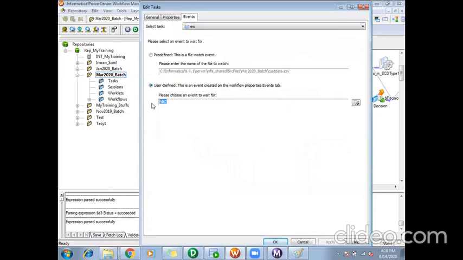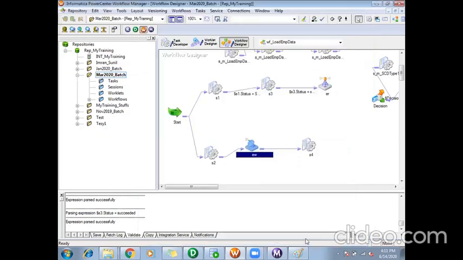Until this user defined event is raised, your event wait will keep on waiting. I'm raising that event only when S3 is completed. So as soon as S2 is completed, it won't go to S4, because this event wait will keep on waiting until your registered event ABC is raised.